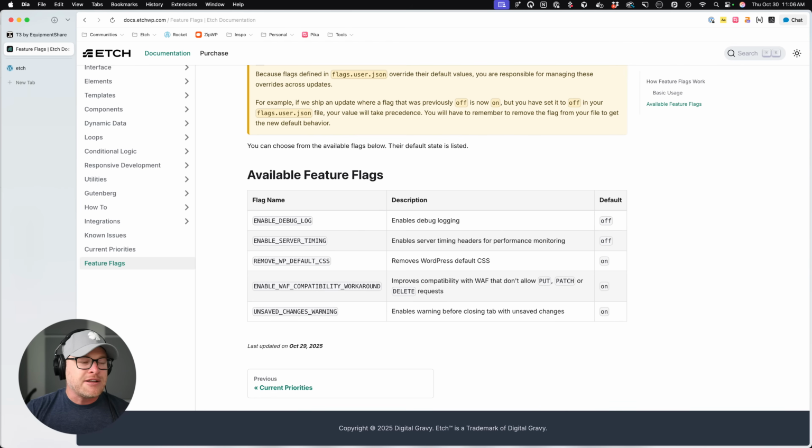Next thing is full support for ACF, Metabox, and Jet Engine. And this includes now options pages. So if you are an ACF, a Metabox, or a Jet Engine user, you should have no issues. There may be a couple little things here and there that are like edge case stuff. If you just report those, we'll get them fixed up right away. But that is very, very powerful now.